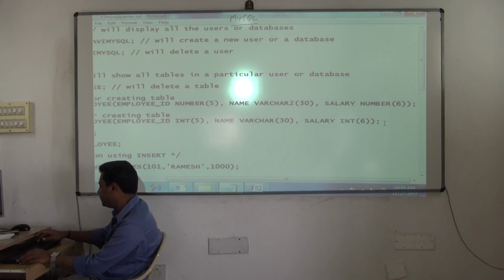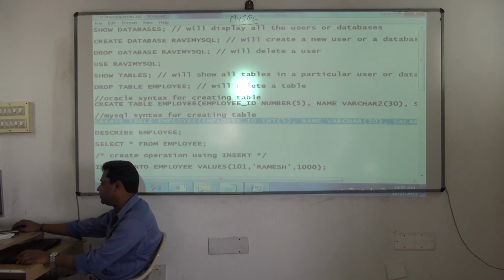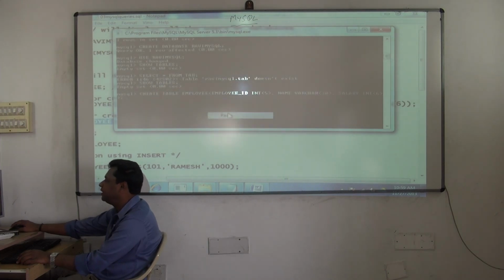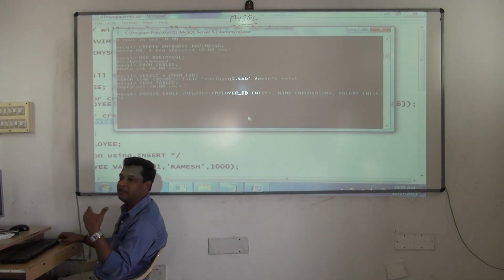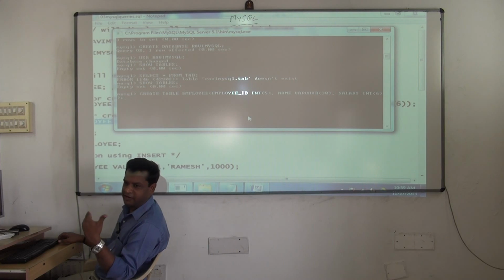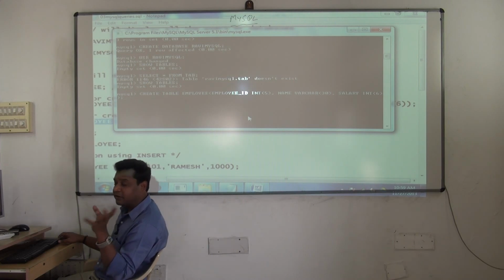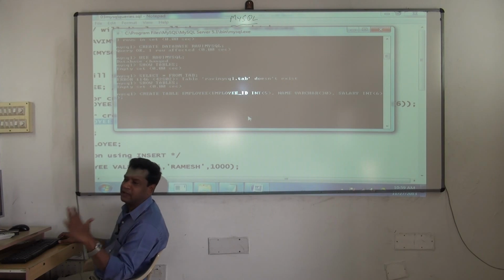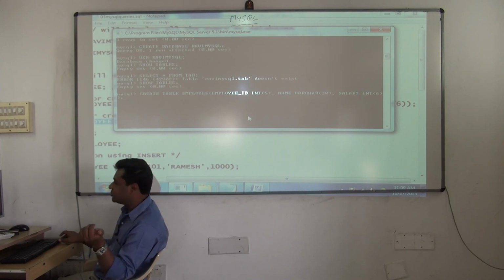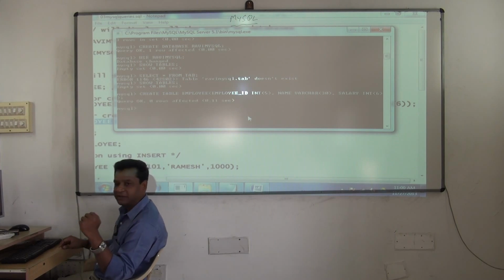So you can type this query now. All these queries you type in the editor. So you are giving the query. To interact with the MySQL database, what am I using? SQL editor. This is the editor. And to interact with that, I am using what? SQL language. We are using SQL language to interact with the MySQL database. But this language, we are typing it in what? SQL editor. Understood? So as soon as I press enter, it will be created.